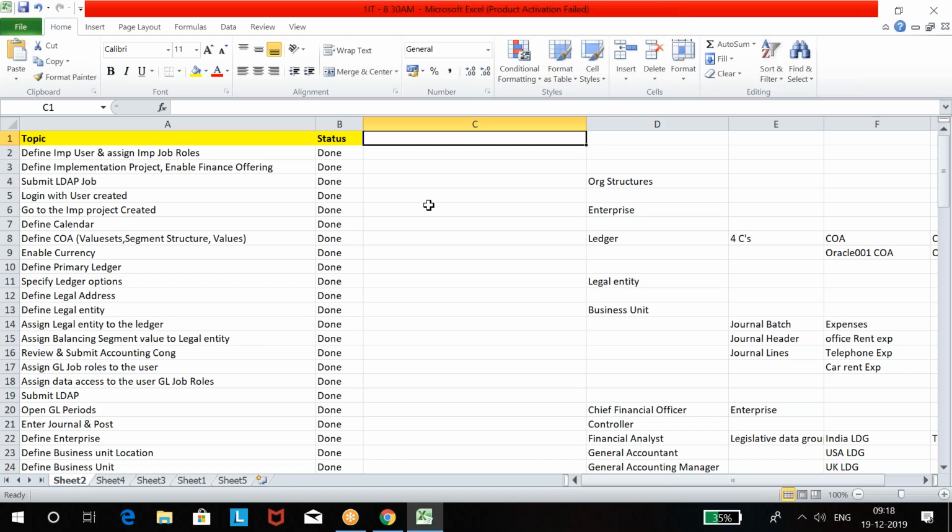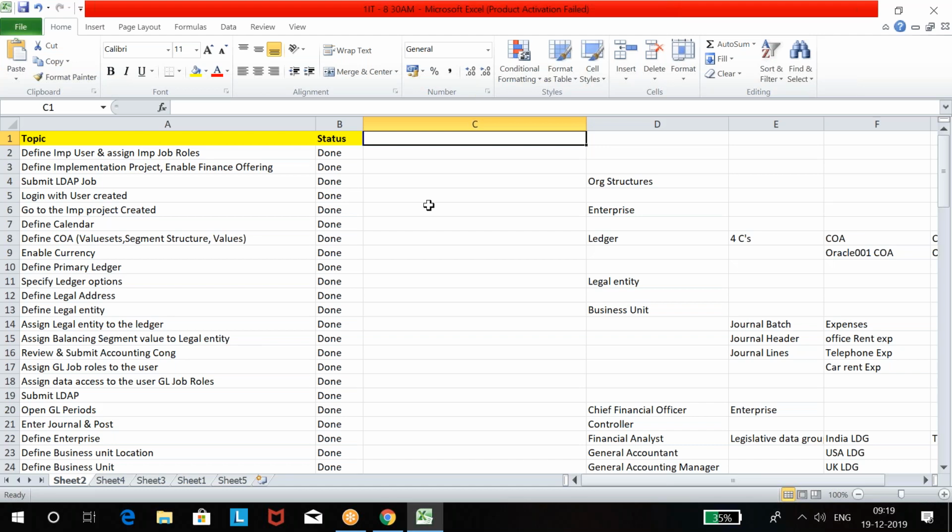First thing. And you may get a question why we can't create an employee user directly without an implementation user. Because to create an employee user, we need the ledger, business unit, and legal entity created. Without the ledger, the business unit and legal entity cannot be set up. To set up all these, we created the implementation user first, and then we created the employee user. Clear, Ram? Yes, Shashank, clear.